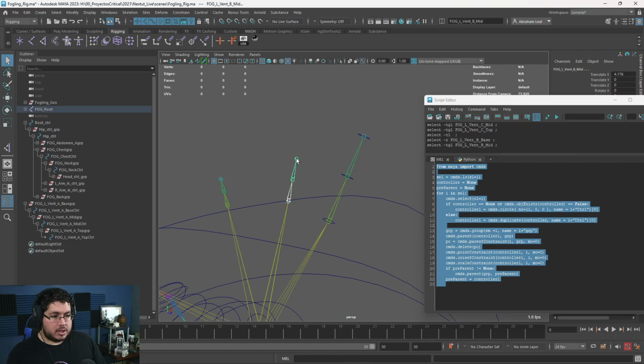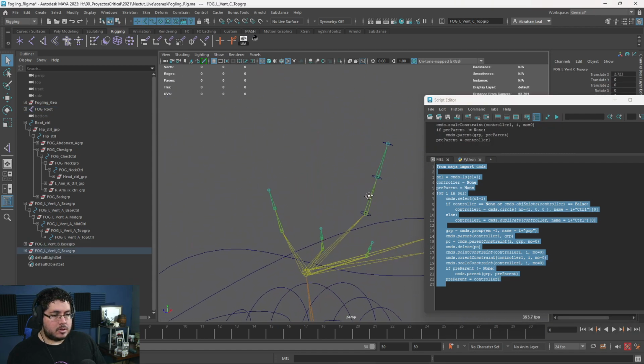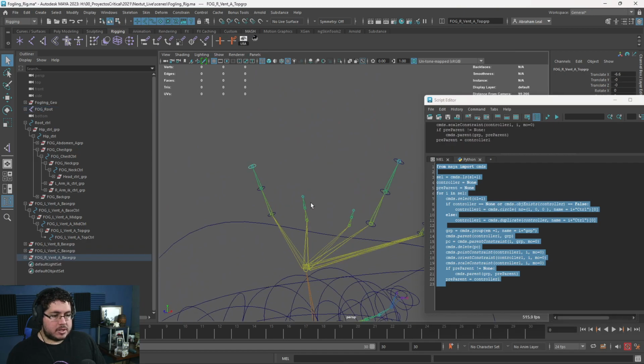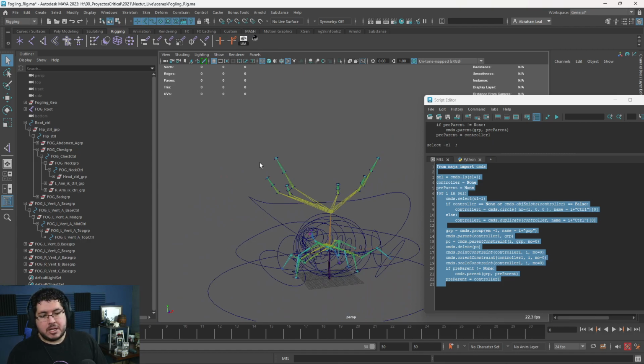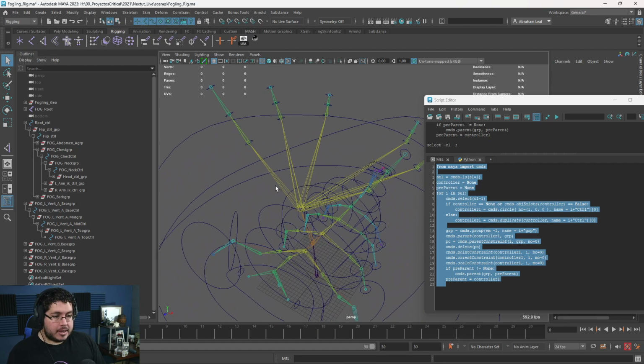Well, remember, one chain at a time. So first chain, script, second chain, script, third chain, script. That's why a lot of riggers are actually called technical artists, because they need to know a lot about automatization processes. Because imagine we have a game and we have 50 different minions. You don't want to do this for every 50 minions, curve by curve. So you start creating tools and options like this one to make the whole process a lot faster.